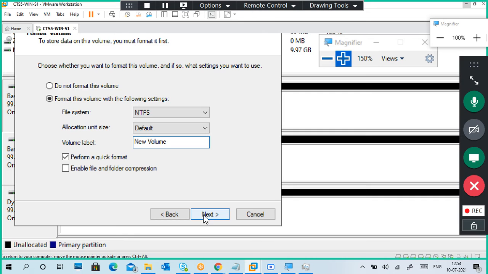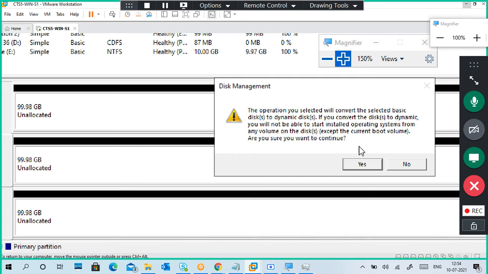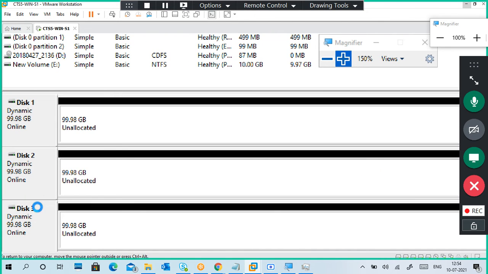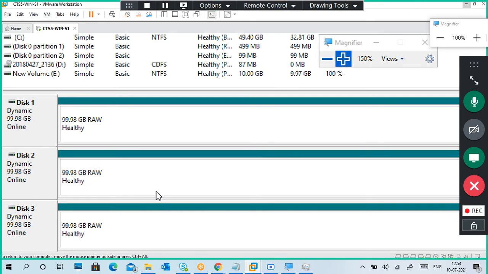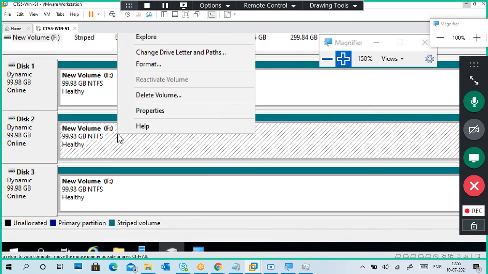If you want to put a name, you can put it, otherwise leave it. Finish. Some disks are not dynamic, so it will first convert them into dynamic, and only then change it here. See, now my disk size is, what is the volume name? It is the F drive. What is the volume size it is showing? 300 GB. Okay, so this is about your striped volume.